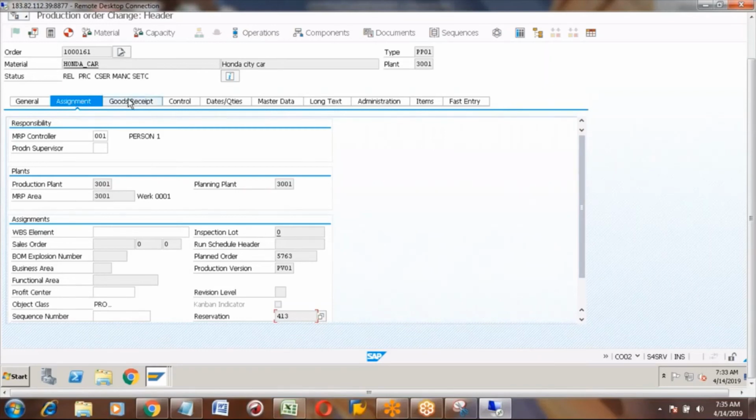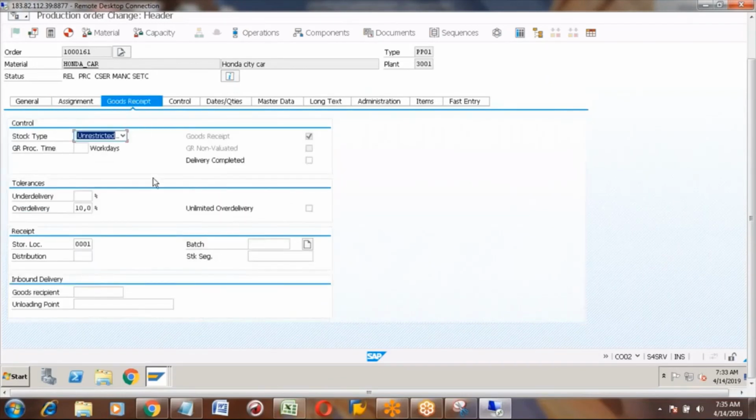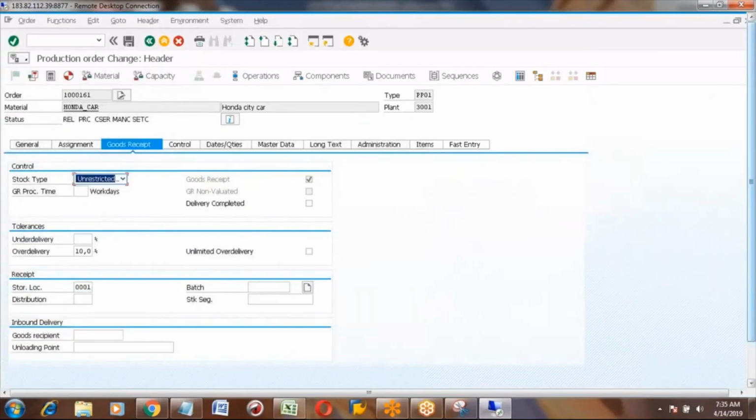Now next is goods receipt. After goods receipt, this stock will go to quality stock or unrestricted. You can see the details here. In which case do we send it to blocked stock? Generally we won't use blocked stock here. We will use this maybe after the quality check, the quality inspection of the product. After the quality check, quality people will move that into blocked.